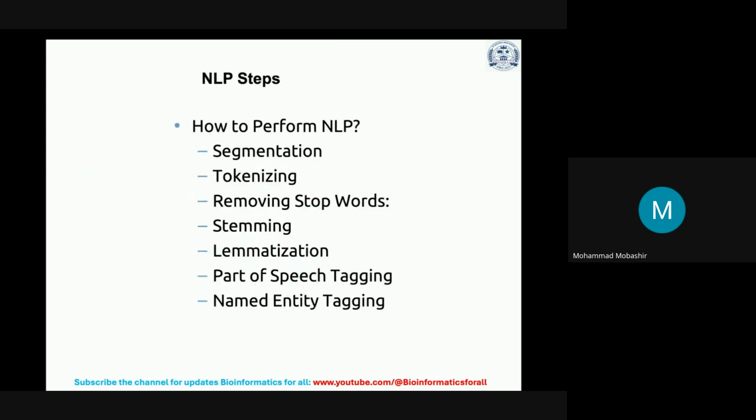Now, in addition to the five phases of NLP, if you want to understand natural language processing or NLP in very simple words, then what are the